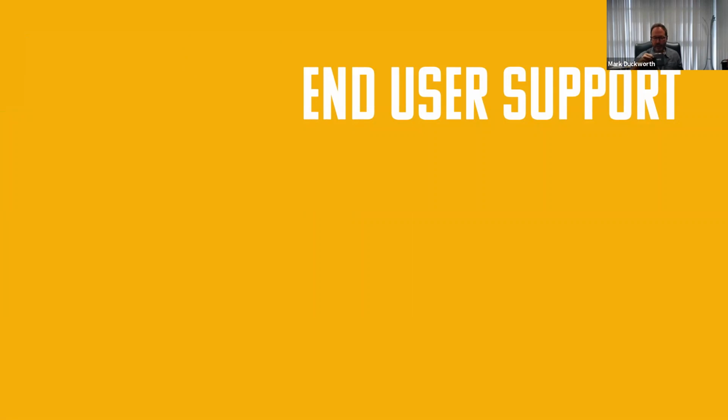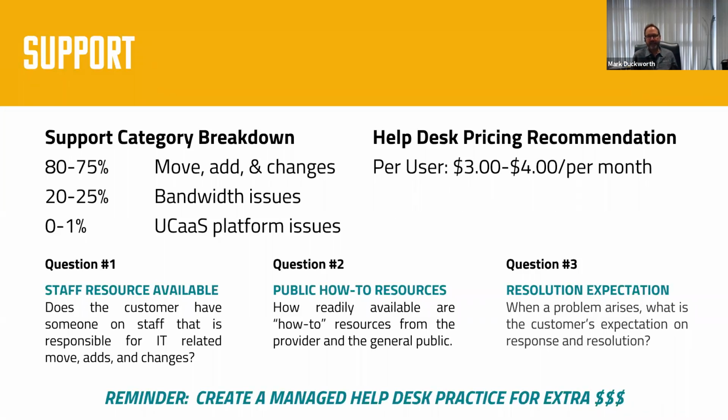I'm going to take a quick pause here and we're going to talk about end user support. So this is a way that you're going to make extra money and really provide ongoing value for your customer, right? This is actually helping you create that residual annuity revenue stream. So when you look at selling help desk, and again, I wouldn't build this practice without a strong help desk model, you're going to add $3 to $4 per user, and this should be an automatic.